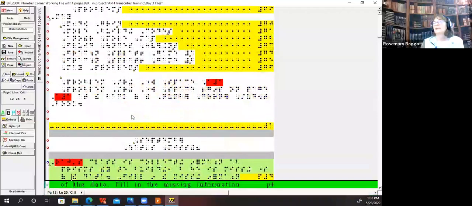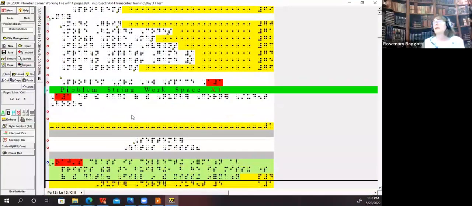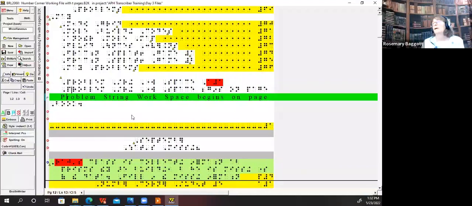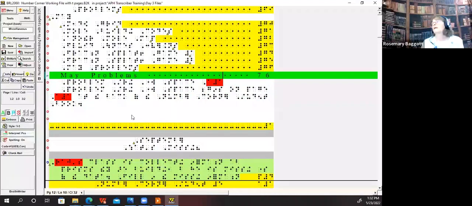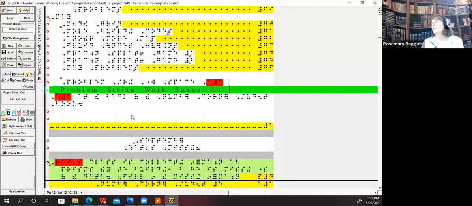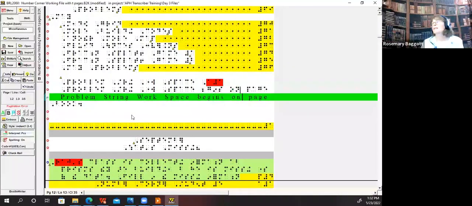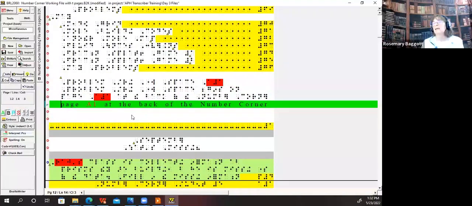So I'm going to come down here. This is the last part of the table of contents. I need to keep a 6-cell margin to the right. So I 1, 2, 3, 4, 5. So I'm going to go to the margin and backspace. 1, 2, 3, 4, 5, 6. Anything that is to the right of that needs to be moved down to the next line. And I just did that by entering.